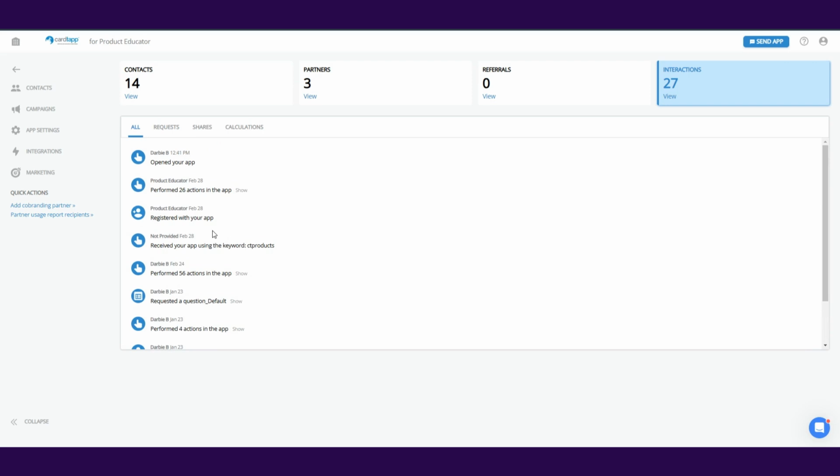This is also reflected in the mobile app. It's basically a light version of this desktop. But you'll be able to see a timeline of all of those interactions as